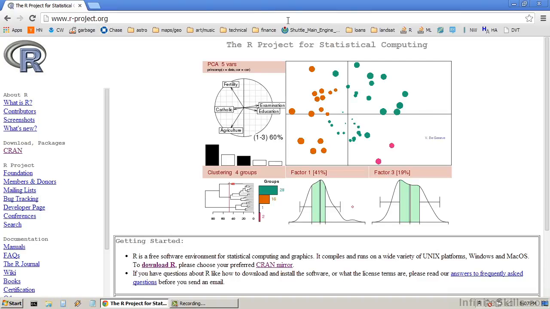In this lesson, I'm going to show you how to download and install R in RStudio. Before we get started with any of the lessons, we really need to make sure we have the right software. Let's go to this website,